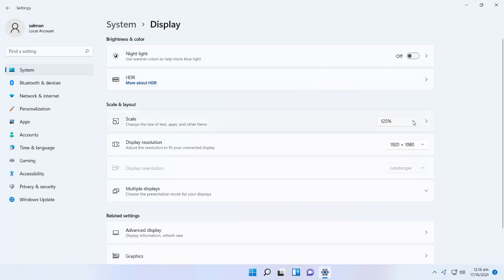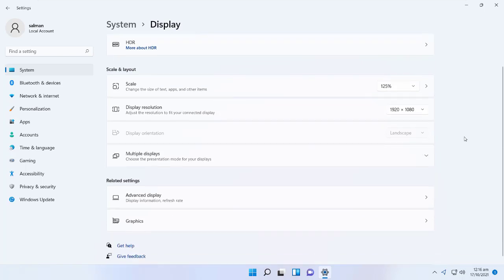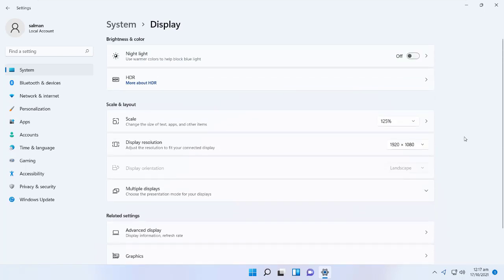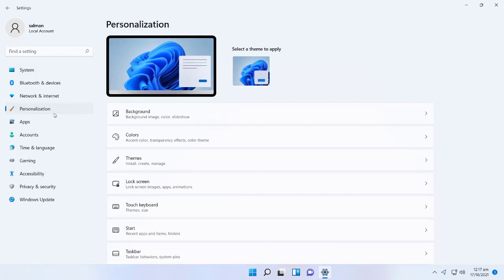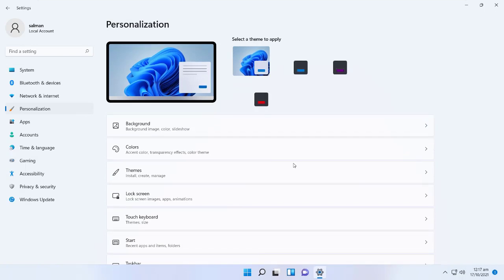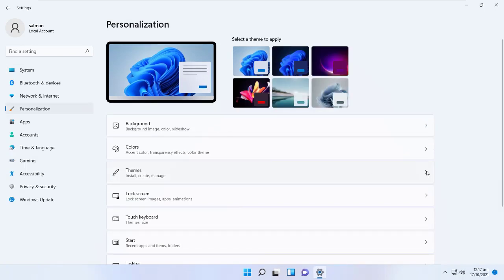Like, I can change my zoom size from here, 125 to 150 and 175. Likewise, I can also change my resolution from here. So you can go there and find the settings related to your preferences. For example, if I go to Personalization and go to Themes and click on the theme button,